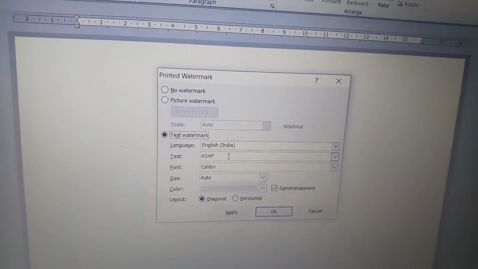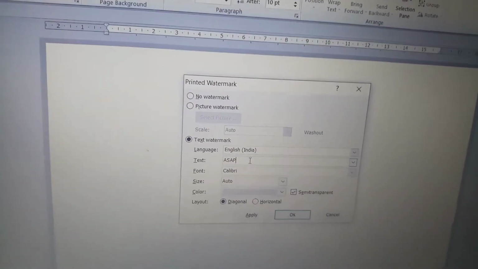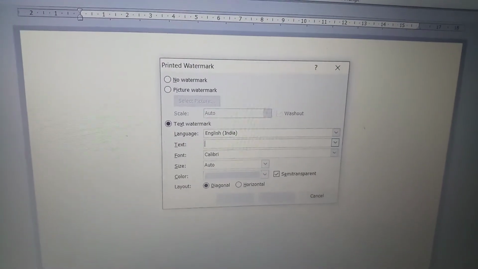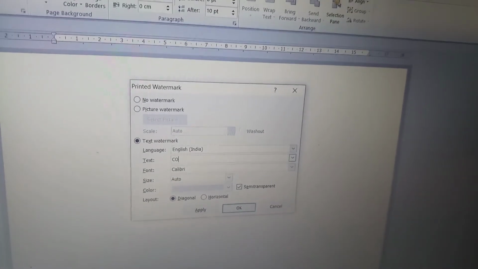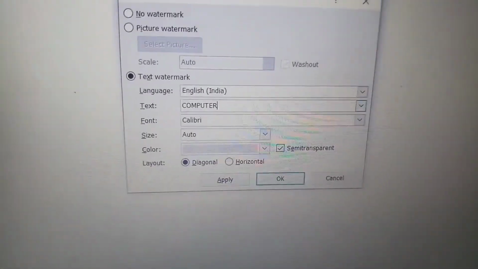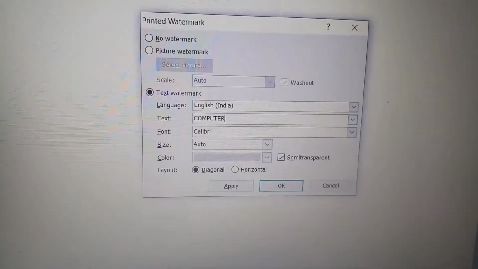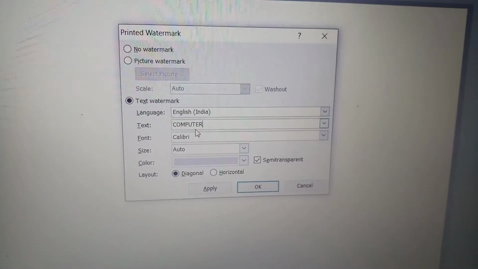In the text box where ASAP is written, you can remove it and you can write your text. I am writing here computer. This text is showing as a watermark in a document.